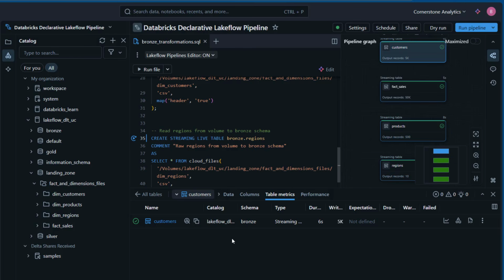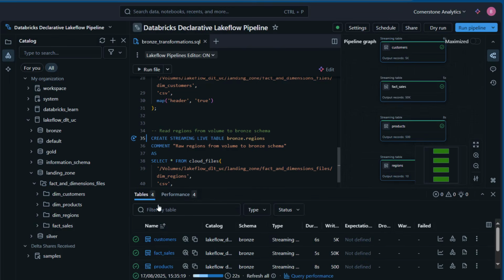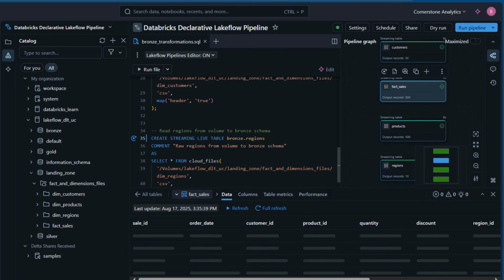I can see all the metrics such as the number of files, rating. We have no expectation constraint defined in this case, and then we have the duration for this job, and then we have streaming as the type. So once I'm happy, I can go back to all tables, and I can check the fact sales again,